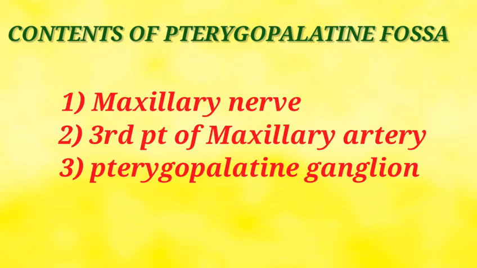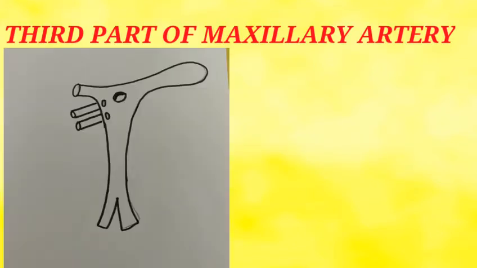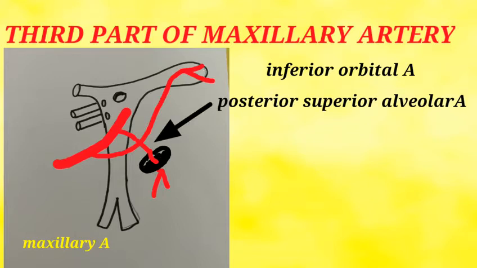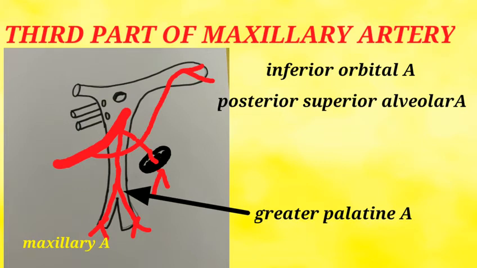The contents of the pterygopalatine fossa. It has only three structures. One is maxillary nerve and its branches, the pterygopalatine ganglion and its connections, and the third part of the maxillary artery along with its branches. The third part of the maxillary artery, before it enters into the pterygopalatine fossa, gives off the infraorbital artery, which traverses through the inferior orbital fissure. Once it enters into the fossa, it gives off the posterior superior alveolar artery, which supplies the molar and the premolar tooth. It also gives three other branches, namely greater palatine artery, which traverses through the greater palatine canal present